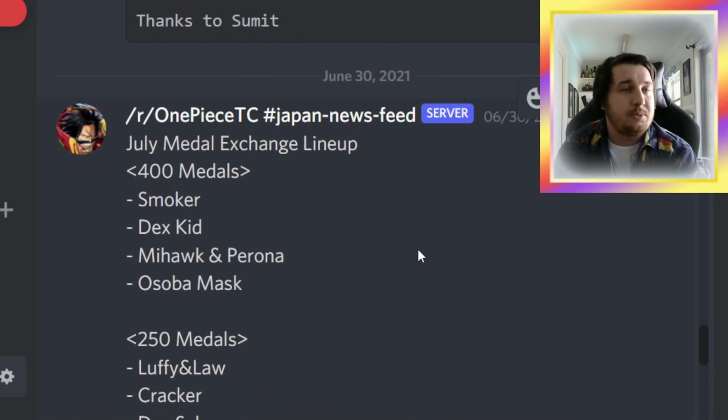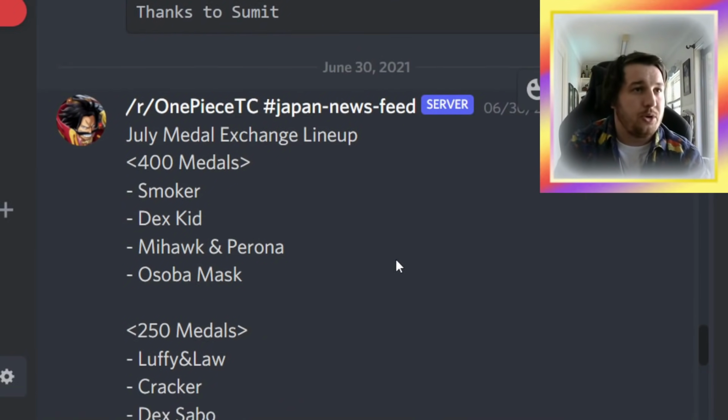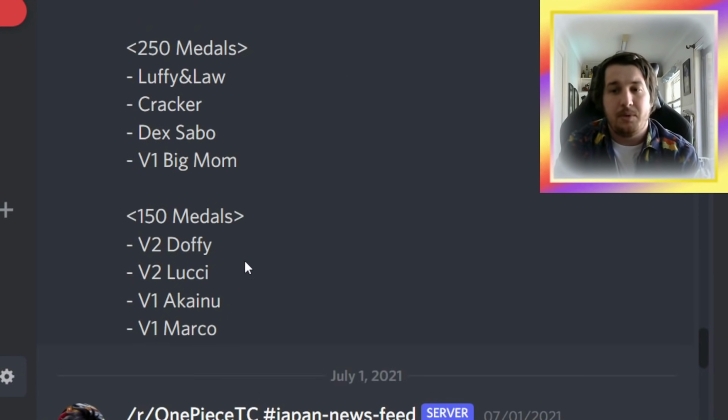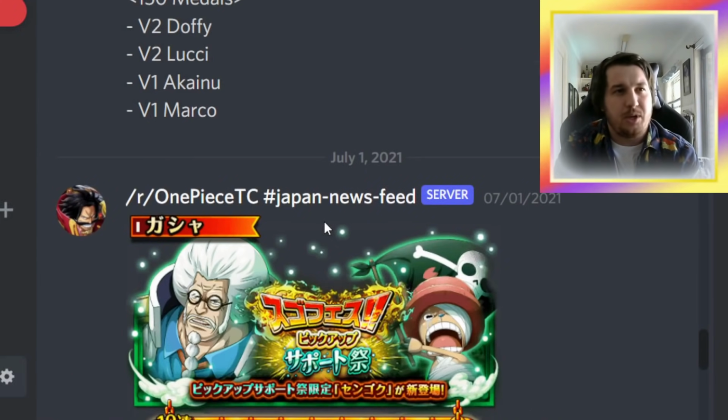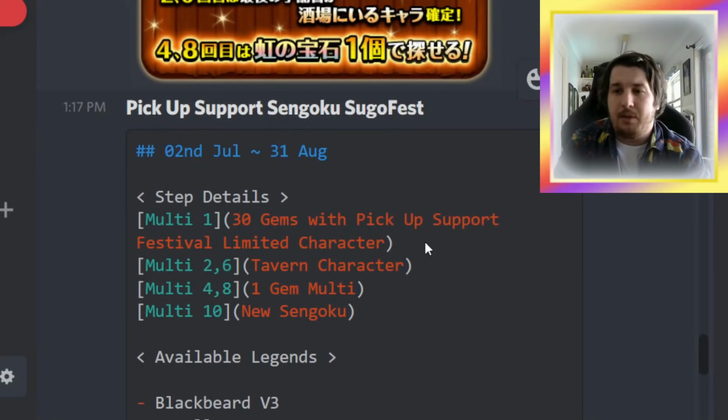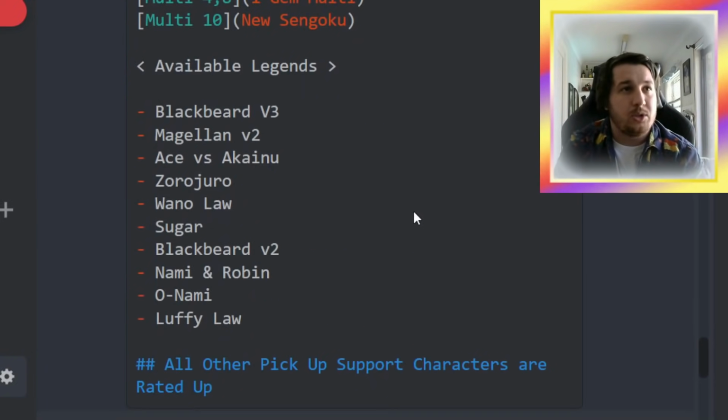The Metal Shop gets an update. Dex Kid, Smoker, Mihawk, Perona, Sober Mask. If you guys want to have a look at this, you guys can. This is pretty much the next Metal Shop. I don't think there's too many characters that are worth, like, picking up here, but, yeah. Metal Shop's always nice. Like I said, the first multi is the only multi I would do on the support